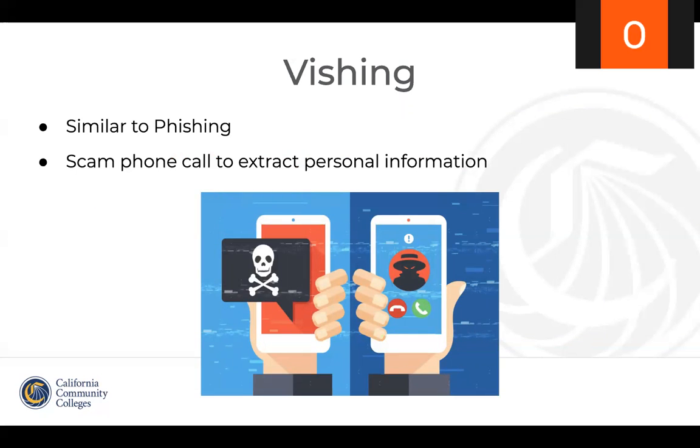All right, so next we have vishing. As mentioned earlier, vishing is similar to phishing, except the attacker uses a phone call as a means to extract personal information instead of an email. This could also be achieved with a robocall, without the need for someone talking on the calling end. So we will go over three of the popular techniques used to establish trust with the target in a vishing scam.